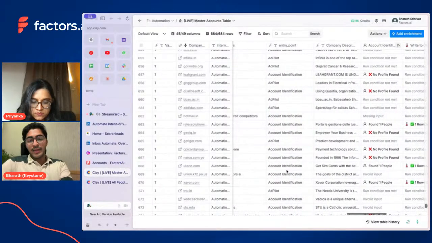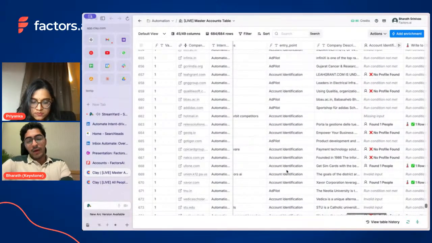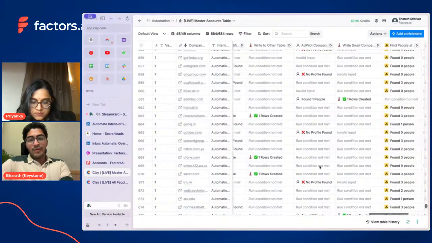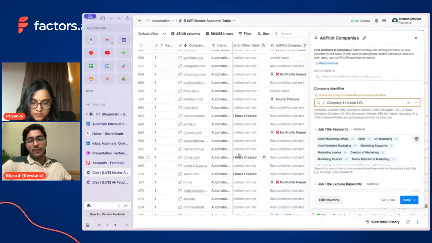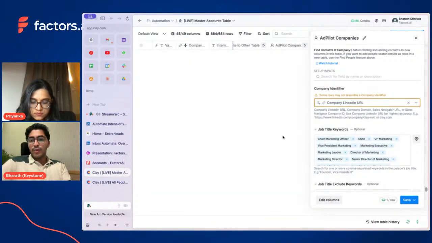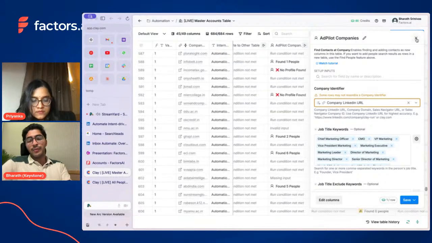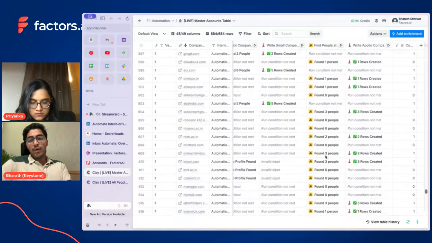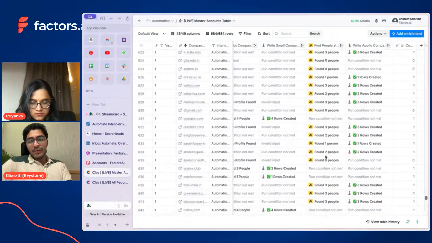If we identify that someone wants to be sold account identification as a solution, we search for those sorts. But if we find out that they want the ad pilot solution, or the ad pilot solution is a better fit, then we instantly move to this other search string, which looks at more marketing oriented search strings, right? And as a backup, we end up looking at Apollo. And what we end up having is three different searches, where as a default backup, we always end up having some folks to go to.